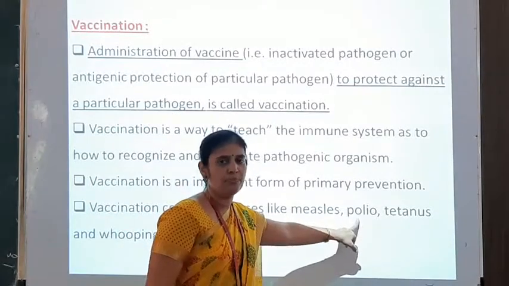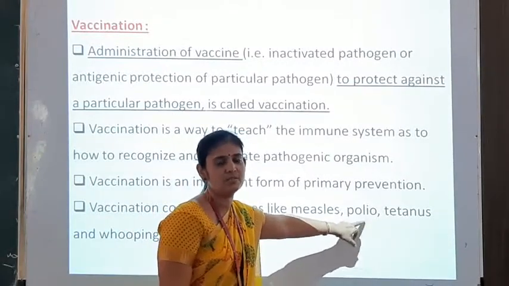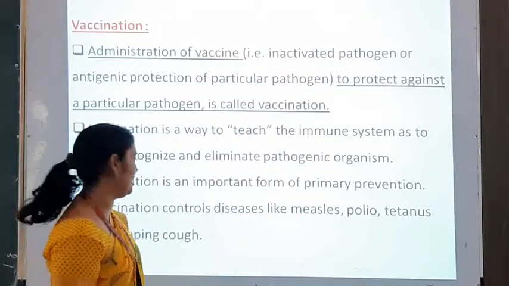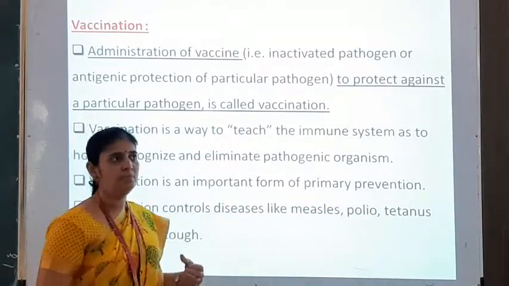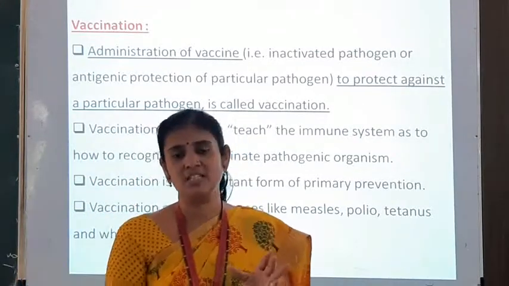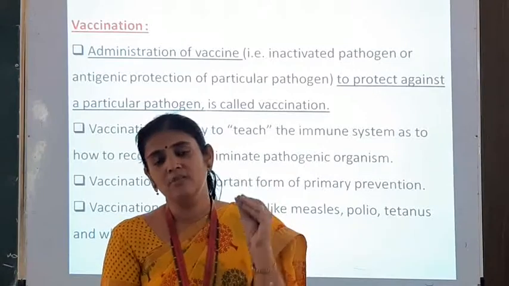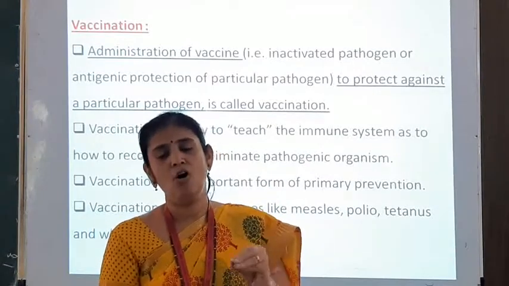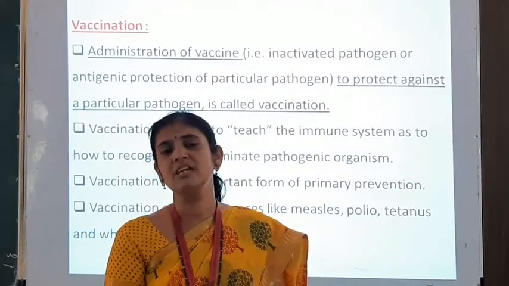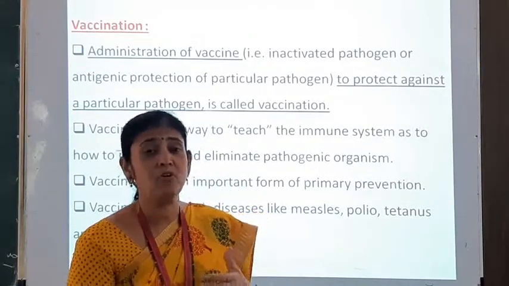Polio, as you know, is the infection of our leg by the polio virus. Then tetanus, धनुर्वात आपण त्याला म्हणतो, and whooping cough, त्याला आपण माकड खोकला म्हणतो. So there are a number of diseases, and for the prevention of these diseases or for controlling the spread of disease,